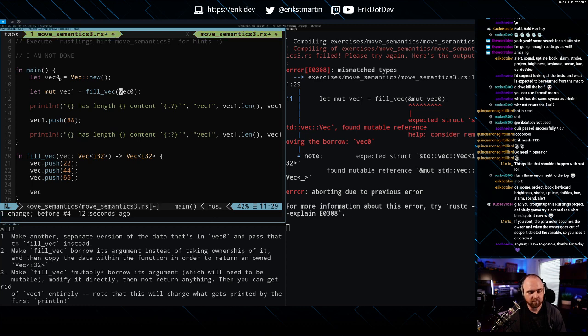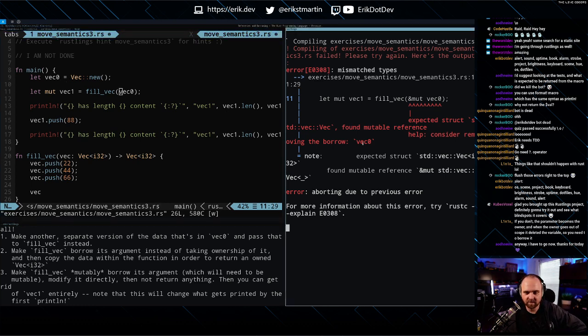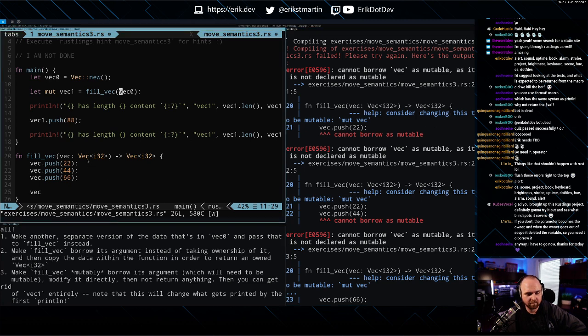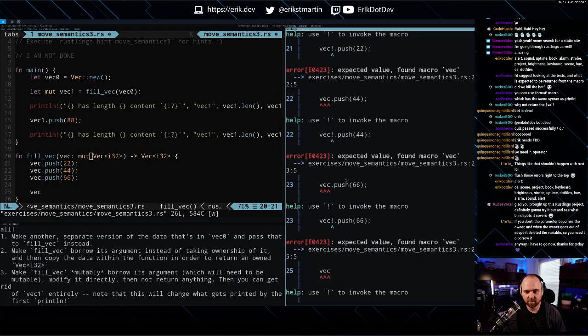So removing the borrow. Wait a second. Alright, I'm trying to figure out what this wants from us. What do you want from me? I cannot borrow vec as mutable as it is not declared as mutable. Well, in this case, we know we want that to be mutable.